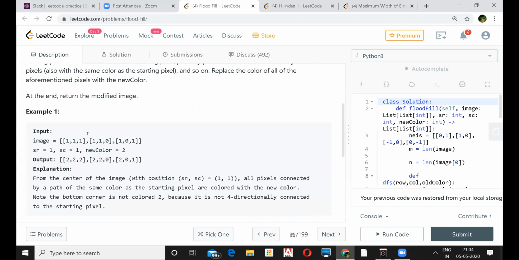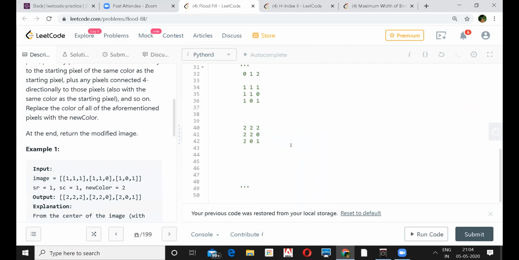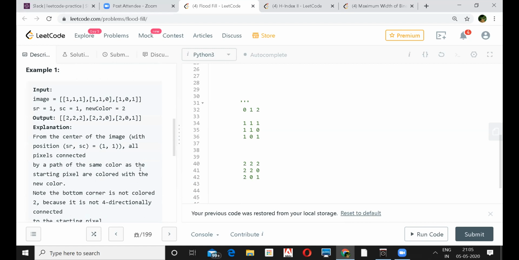So if we look at this matrix, this is the same matrix that I have drawn here. This is connected. All 4 directions you have to check. Let's say this is the old color. Replace it with the new color, and check all 4 directions: left, right, up, down. Since you don't have up, you change its color to the new color. But this one is not connected to any of the pixels, so it will remain unchanged, and hence we return this matrix.